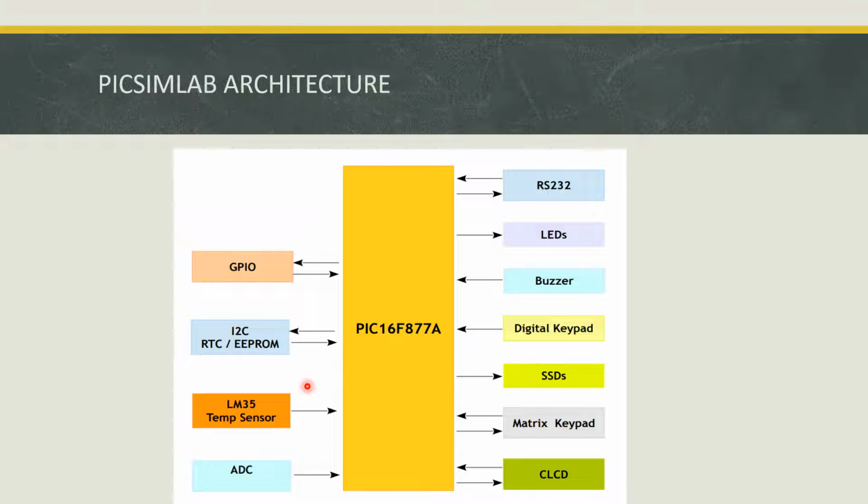PIC16F877A architecture. Here we have GPIO, that is general purpose input output for connecting external components. Then I2C, then LM35 temperature sensor, then analog to digital converter. We have LEDs, buzzer and digital keypad, also matrix keypad, CLCD. All these are connected to